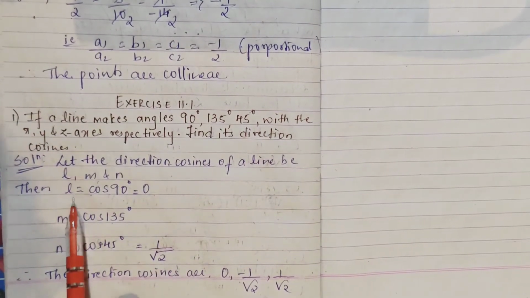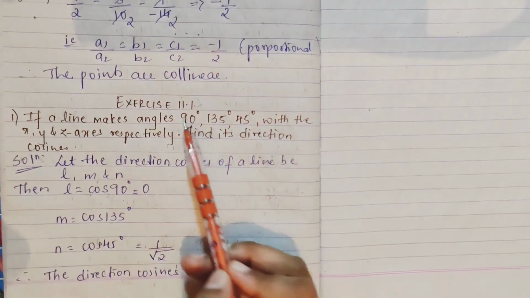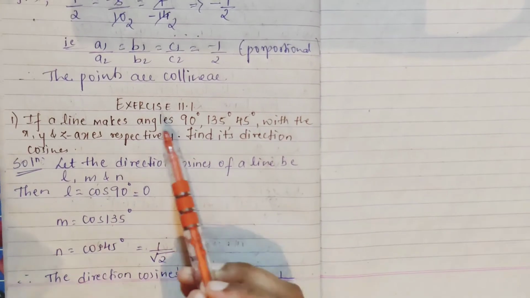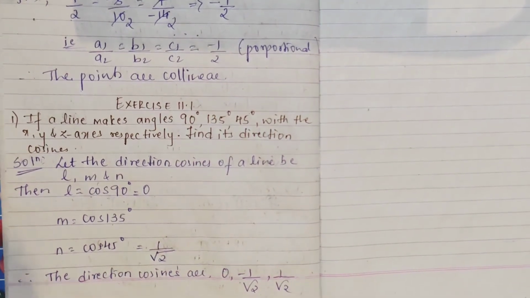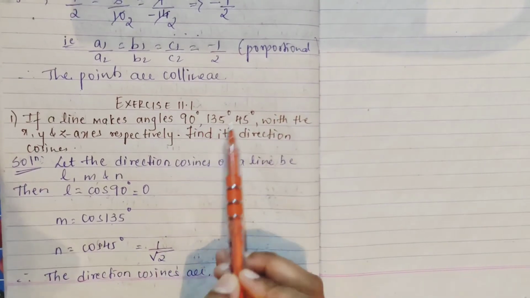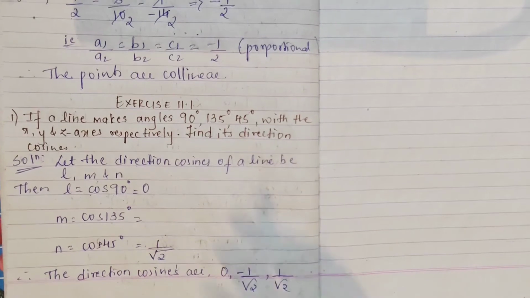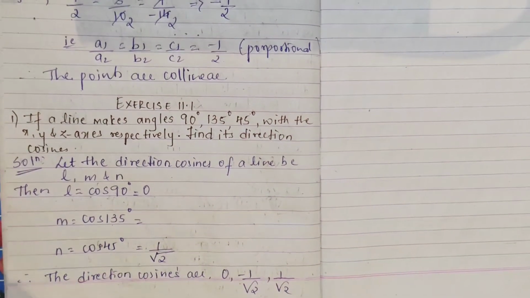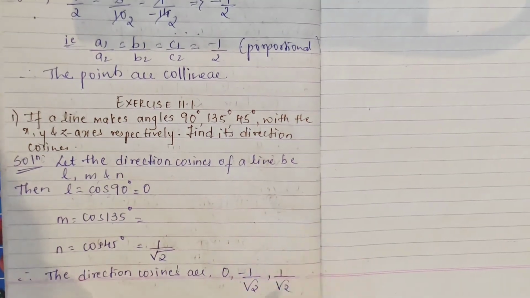So L, which is equal to cos alpha, right? Technically it is cos alpha, and here the angle they have given you is 90 degree, and cos 90 we know it is 0. Cos 90 value is 0, right? Now comes your cos 135 degree. So cos 135, though we don't have a value, we have to convert it either as 90 plus x or pi minus x anyhow.